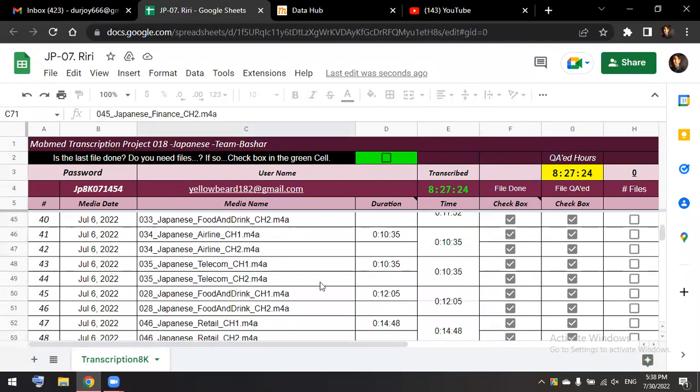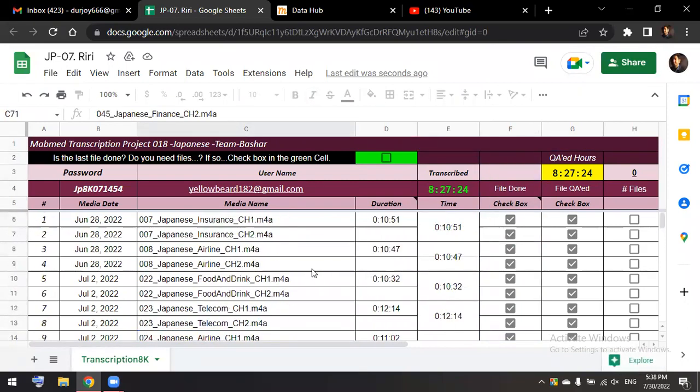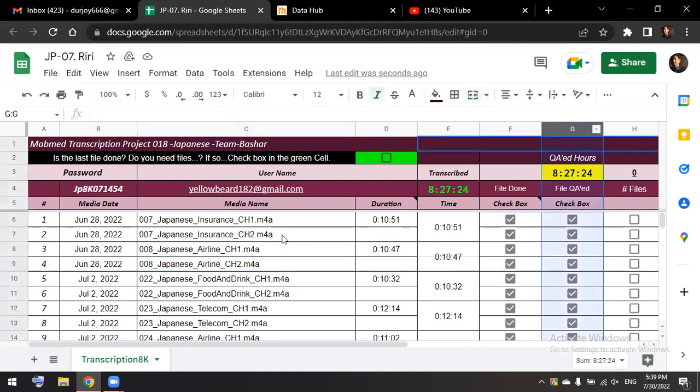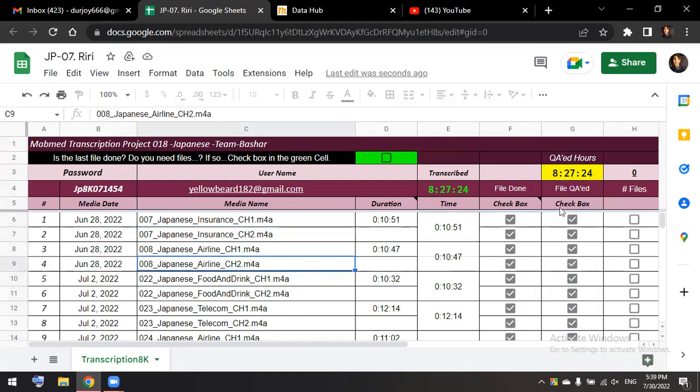After that, the QA person, who coordinates them, has to check all those files from the beginning, because they will find their problems and mistakes, and warn them that they are making this mistake. After the first one or two files, they will understand why they are making the mistake, and they will fix their problem as soon as possible, so that the QA person doesn't have a headache for every file.